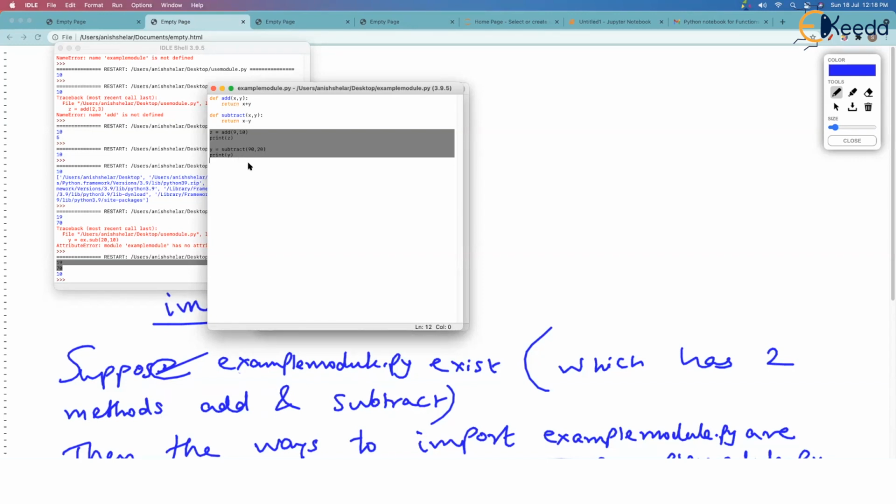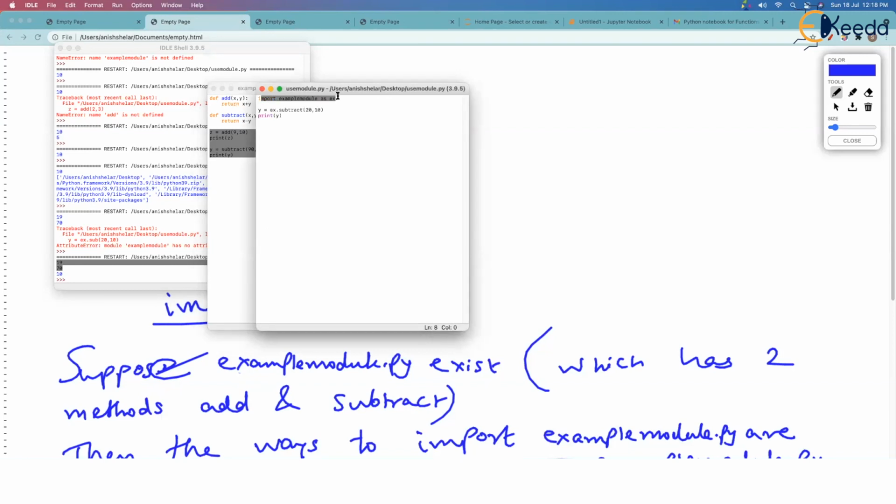Please try to understand what happened over here. When you said import this module as ex, Python went into that module, and whatever was there in that module, it imported. What was there in that module? Add function, subtract function. Then there was a statement z is equal to add 9, 10. Even that was imported, and that also executed. And then print z, so it printed 19.